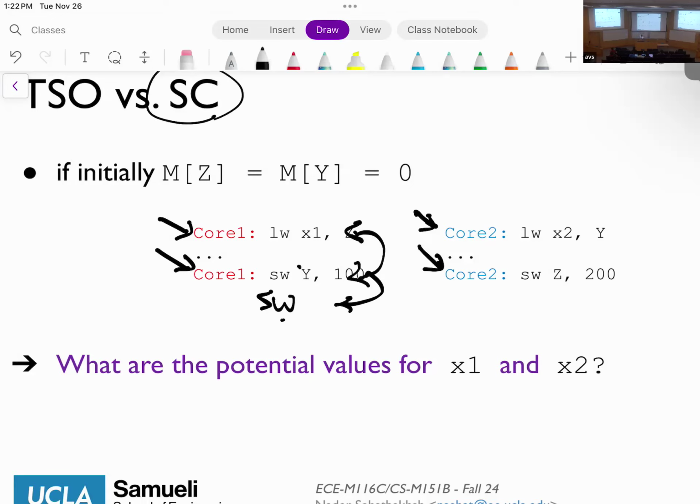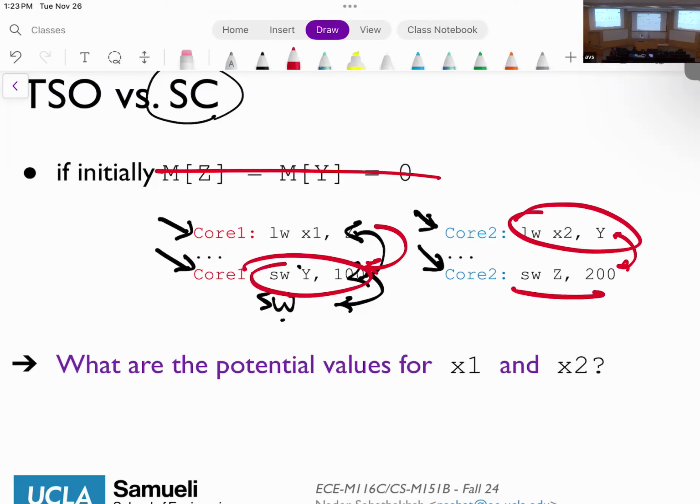Sequential consistency, though, guarantees that you never read 0, 0. Okay? So we'll guarantee that this happens before this, and this happens before this. Again, they can be overlapped, and they can be interleaved, but it always guarantees that if I see this, this is already done. If I see this, this is already done. So you can actually come up with different examples.